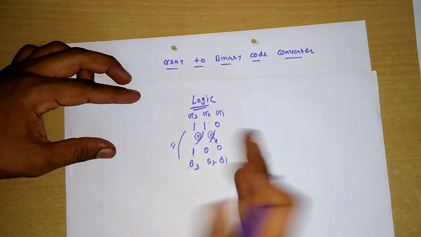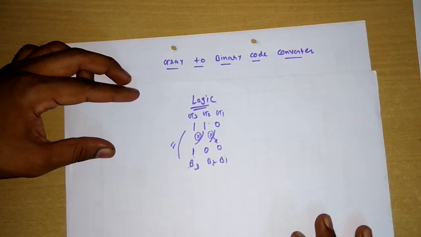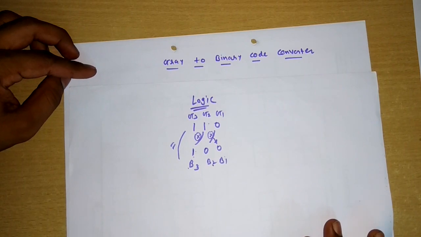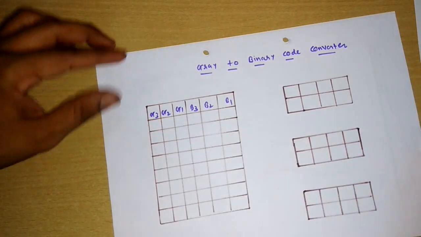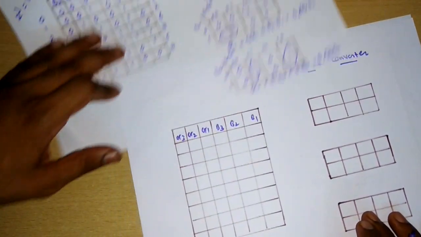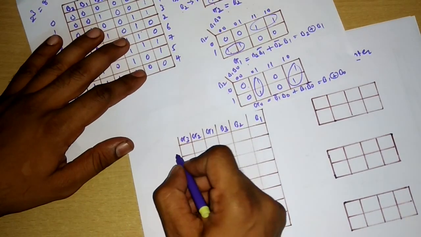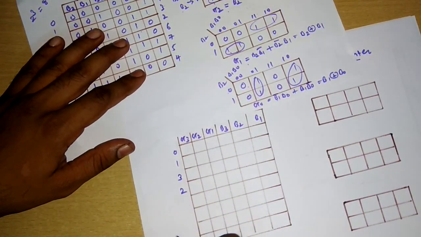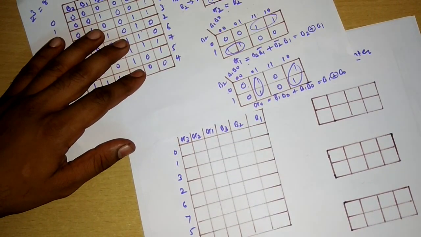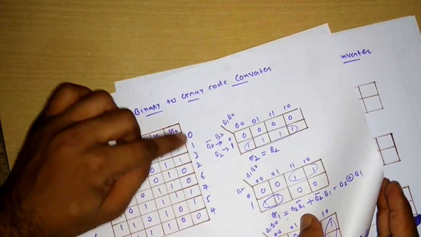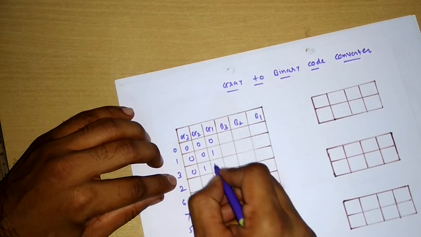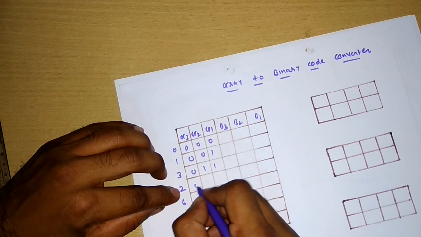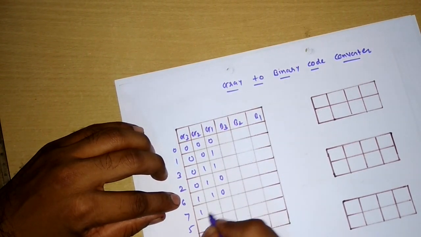So let us see how the truth table can be implemented, because for any combinational circuit we go for the truth table and then the K-map. Let us write all those equivalent decimal numbers, which are 0, 1, 3, 2, 6, 7, 5, 4. These numbers we are going to consider as input now. So 0 means 0 0 0, 1 means 0 0 1, 3 means 0 1 1, 2 means 0 1 0, 6 is 1 1 0, 7 is 1 1 1, 5 is 1 0 1 and 4 is 1 0 0.